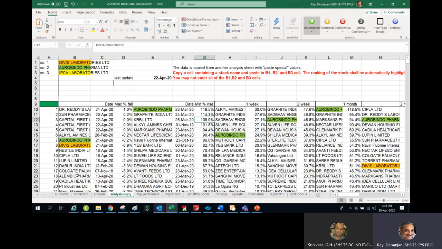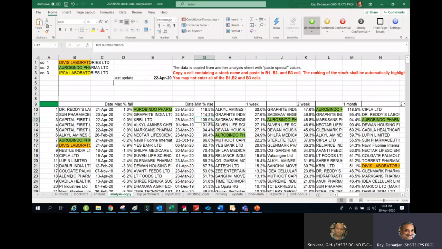It will also guide you if you are already holding some stocks, what their corresponding ranking is, so whether you need to exit or sell those stocks because they are not running so well. This typically serves as a dashboard and does the comparative analysis.